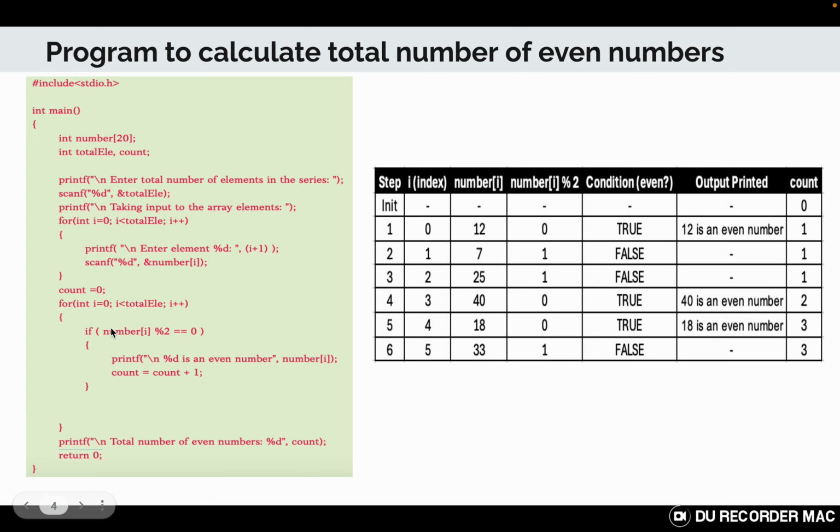If you see, the program is the same as how we printed the even numbers. But here we have added one additional logic. We initialize the count variable to 0. Then every time the condition becomes true, whenever the program gets an even number, we update that count